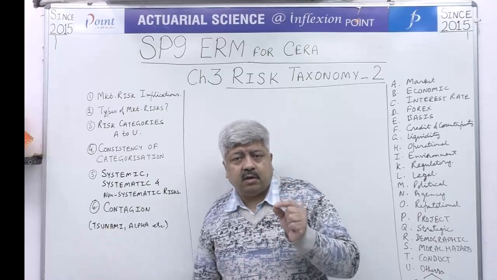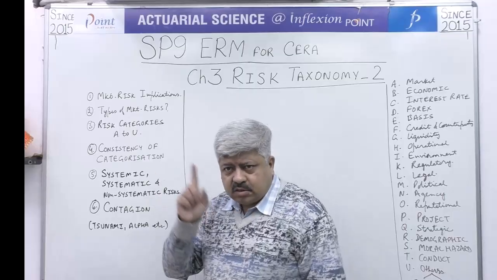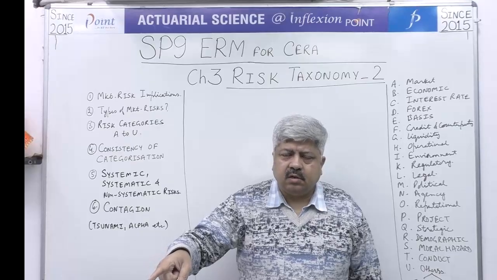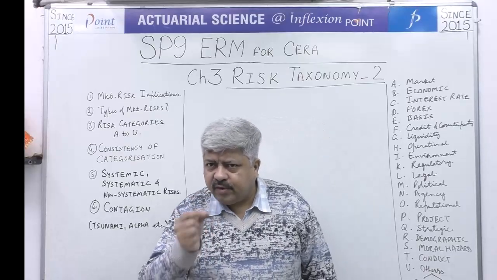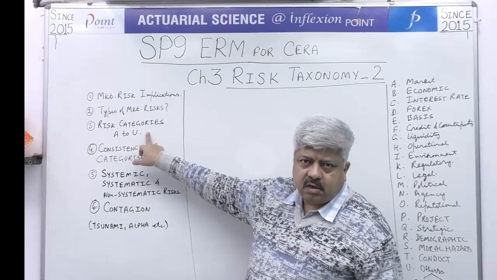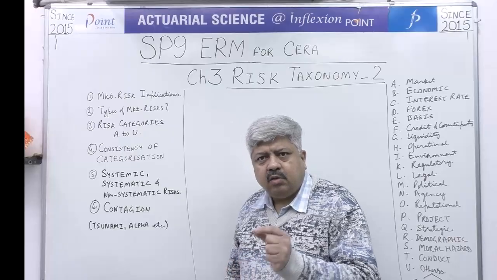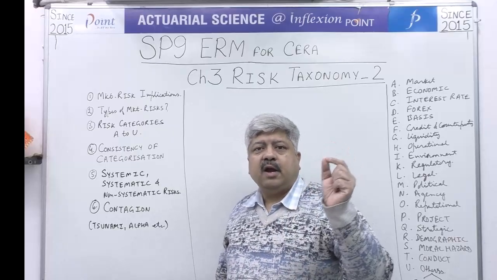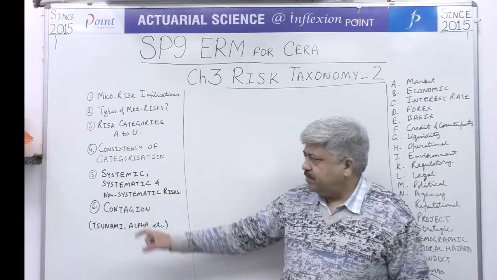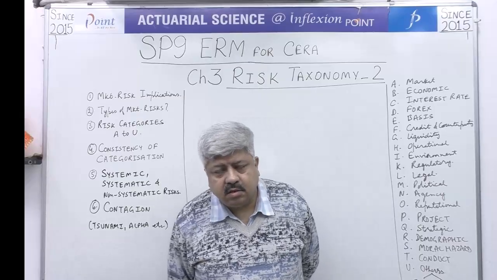So whenever you come to this taxonomy, whether in your studies, in your professional careers, or under an exam situation, always try to figure out the criteria for putting risk into various categories. Only after understanding that criteria will you be able to proceed with full confidence, and there will be no place left for confusion. Okay. So I'm not repeating systematic and non-systematic risk here, but I do need to discuss systemic risk.